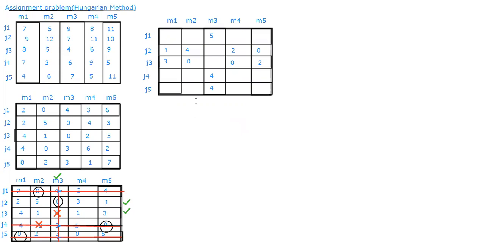Now these ones we have done, no? Now the rest all we are going to write as it is. Rest all will not have any changes. So as it is, it will be 2. Then here it will be 0. Then here it will be 3 and here it will be 6.